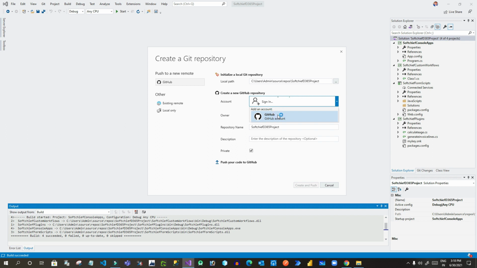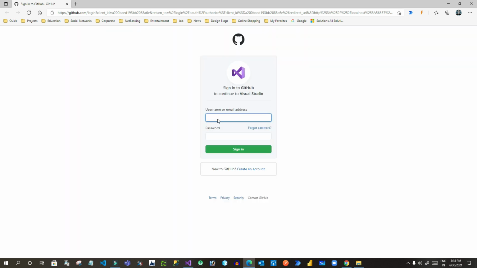So this GitHub is nothing but a source control where you keep your source code to maintain versioning, right? When you work on the same components at different times, you have to have a history of that component's changes. So this source control is used, and I will show you how we can create a Git account to connect. So you have to sign in. I have already created a GitHub account. You can also create one. I want to use my email ID.